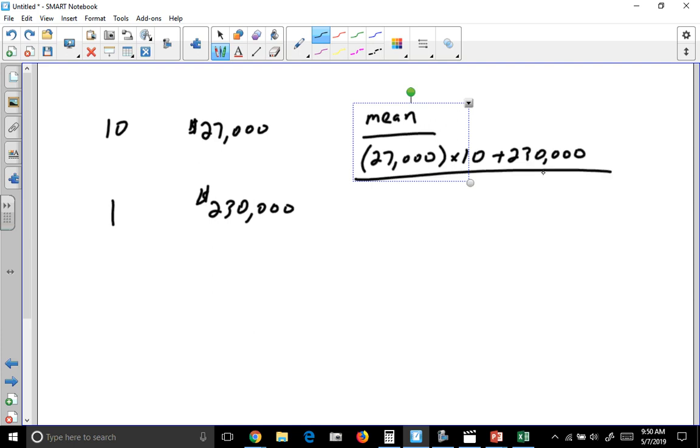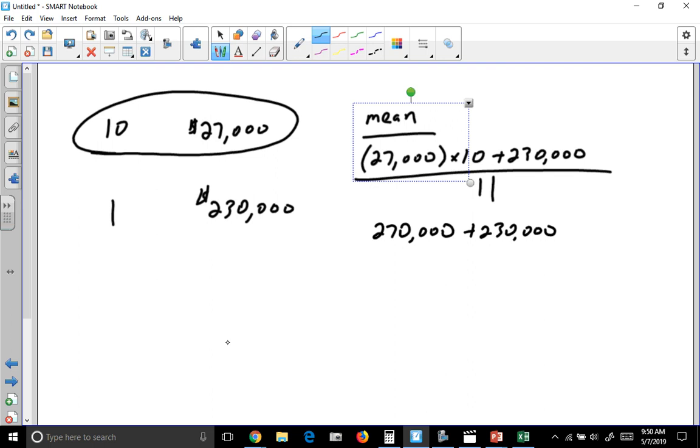And if we divide that by the 11 total workers at this company, the 10 employees and the one owner, that would be what? 270,000 plus 230,000. So 270,000, just in case you're unsure what I did there, that's the combined salary for the 10 employees, plus the salary of the owner. If we divide that by 11,